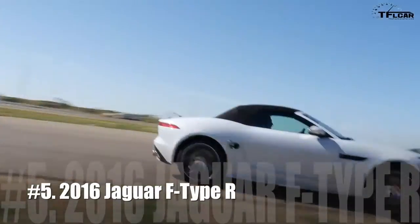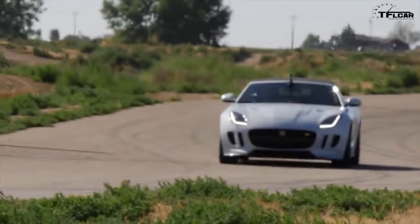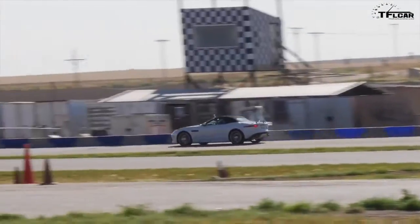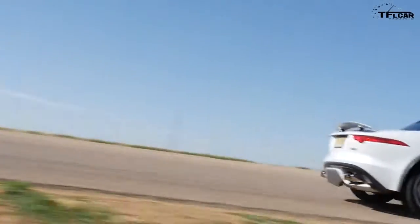Top 5. So number 5. The 2016 Jaguar F-Type R all-wheel drive convertible. That's a mouthful. That's a lot of tech, though, for a vehicle. And what hopefully would make it collectible is the fact that it's ridiculously good looking. It sounds amazing. It is really fast. It has all-wheel drive. It's topless. You can get a topless one. And they don't build a lot of them. No, they don't. It's a somewhat limited run. So we feel that that will definitely be a collectible vehicle, and it could be in as little as 20